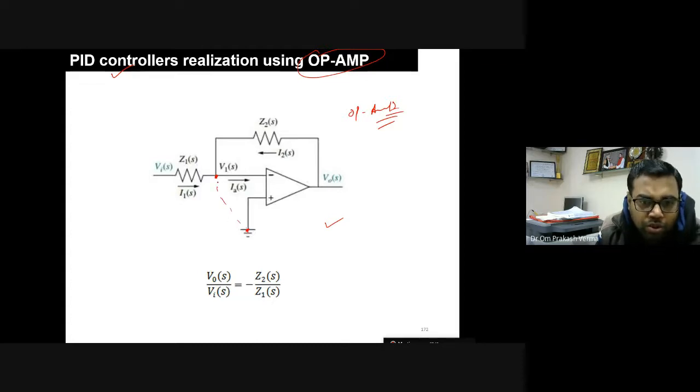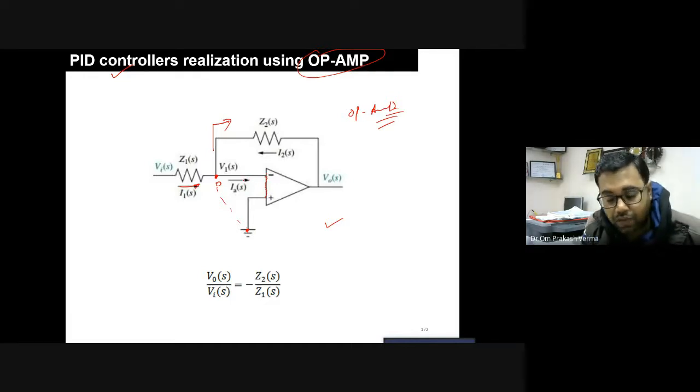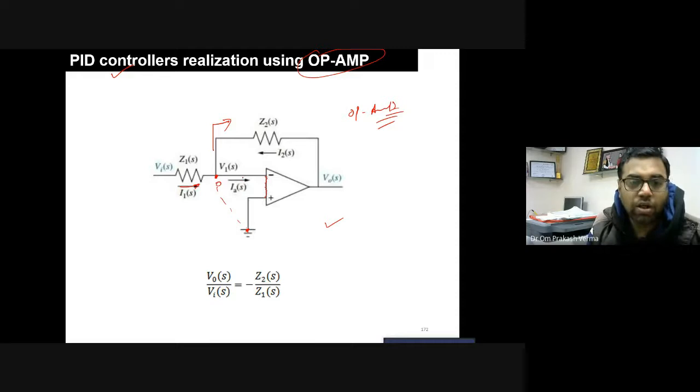Okay, so this voltage is zero, and as you know the internal resistance of this op-amp is ideally infinite, and therefore whatever the current is moving from this side is totally going to this side. Okay, because this is an infinite resistance. The internal resistance of the op-amp offers very high, ideally infinite resistance, and therefore whatever the current is going from this side is moving to this side, right?